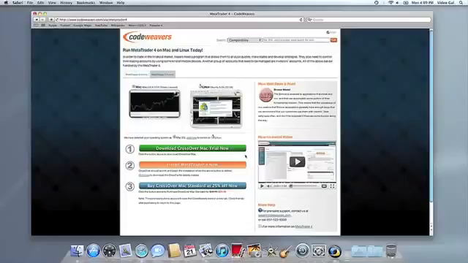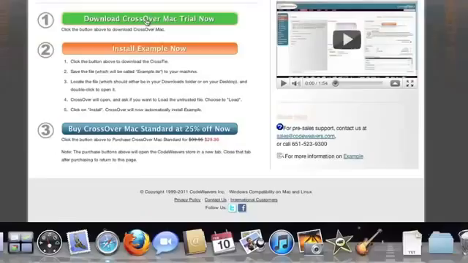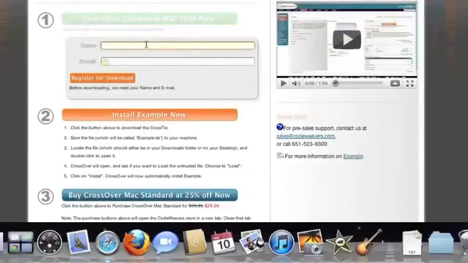This video will show you how to install the application you want using Crossover Mac. The first thing we're going to do is install the Crossover trial version on our computer. If you've already got Crossover on your machine, feel free to skip ahead to the next step. To install the trial, just fill out the trial form, then download the software to your machine.